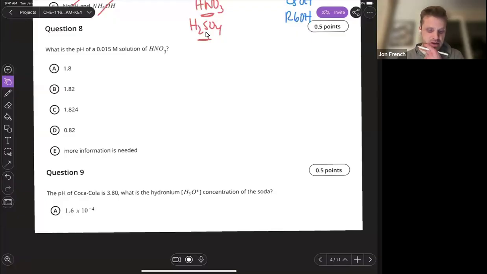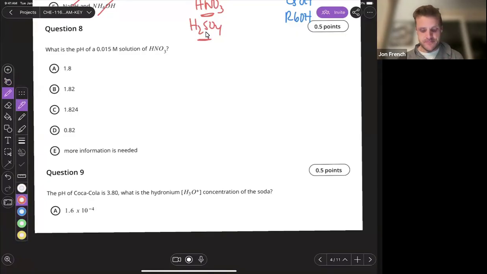All right. Question 9, the pH of Coca-Cola is 3.8. What is the hydronium ion concentration? All right, we know hydronium ion equals 10 to the negative pH. So my hydronium ion concentration equals 10 to the negative